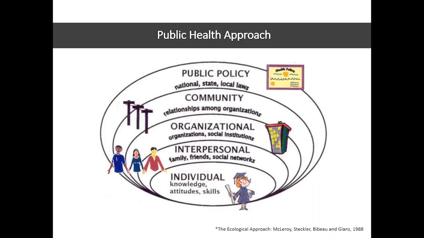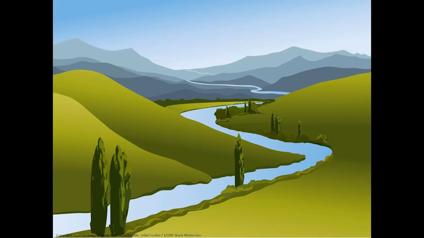So today I'm going to orient the webinar series by talking about a public health view of the opioid misuse problem. A public health approach is one that understands people's health is impacted by the people they're surrounded by, the organizations they engage with, the community they live in, and the policies that govern their community. People don't make decisions or have behaviors in a bubble. So we can move to the next slide.